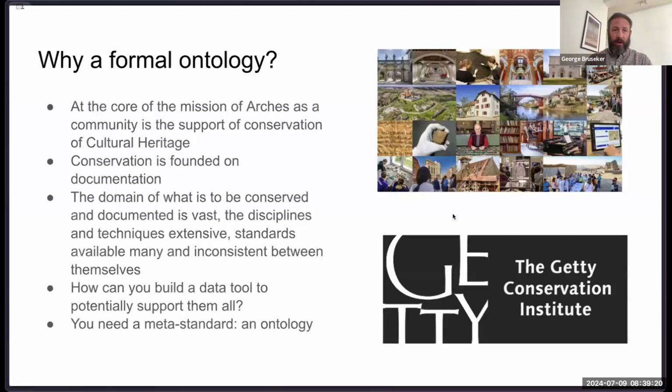So stepping back, why a formal ontology? I think this really relates to the fact that Arches isn't just a software, but a program that's been initiated by Getty Conservation Institute together with the World Monuments Fund. And the core mission there is the conservation of cultural heritage writ large. And so if you're going to get into the work of building an application that can support cultural heritage specialists,